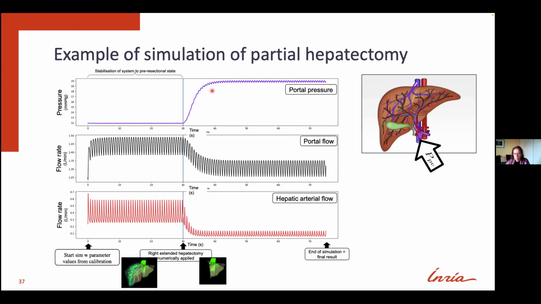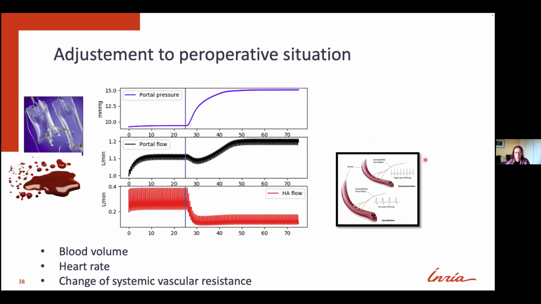Then we can simulate the partial hepatectomy for each patient individually. And then we looked at the pressure at the entrance of the liver and the change of pressure across the liver, which are the two quantities that the surgeons